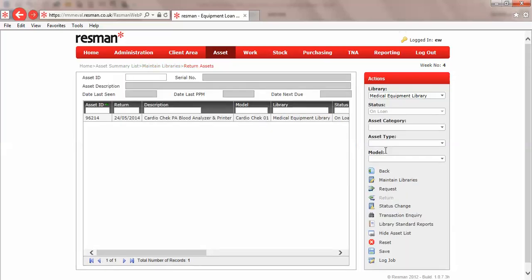The return option opens in our default library, and this has a list of equipment that's out on loan, so its equipment status is on loan. As we've only booked one item out, we've only got one item visible, but if this was a scrolling list, our options to be able to